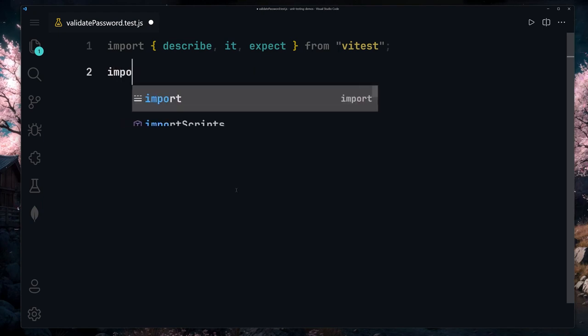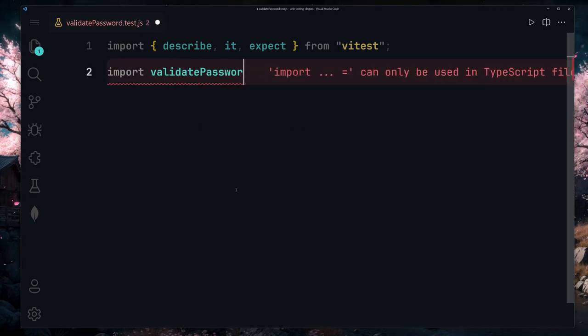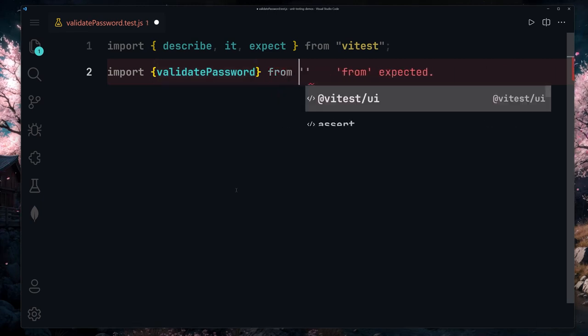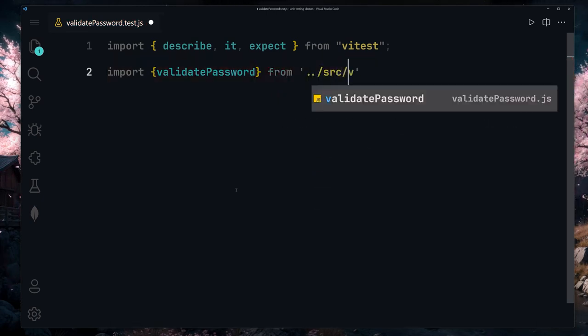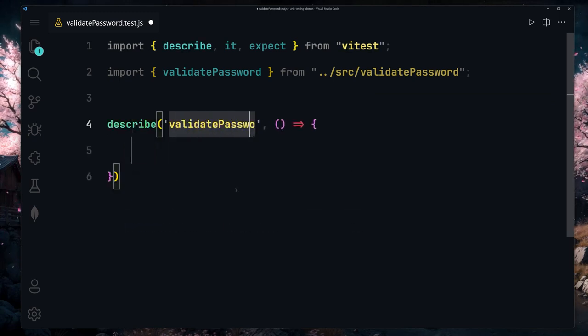And also we want to import our validatePassword from where? From our src folder, and then we have our validatePassword. Now underneath that let's provide our describe, and I'm going to give it the name of validatePassword, and